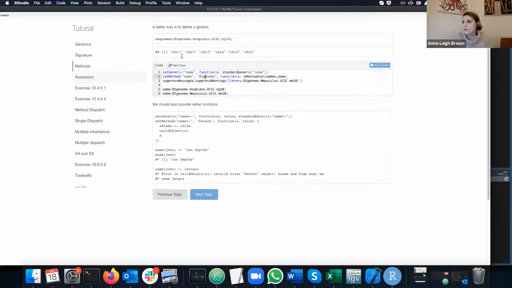So we can also make generics, and we make generics and methods with setGeneric and setMethod. This is an example where we are creating a generic method called name. It's going to be function(x) standardGeneric("name"), basically assigning it. Then we create the method name for the BSgenome class. We'll have a function which will return, which we'll call x, go into the metadata slot and get the common name. So basically what this should do is